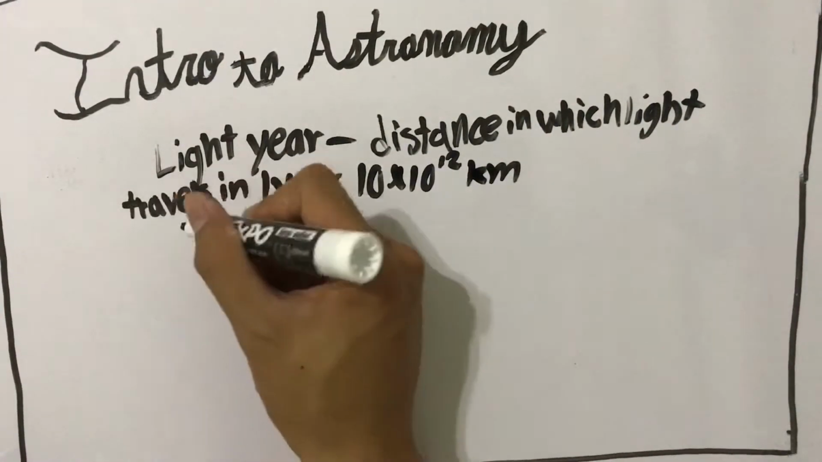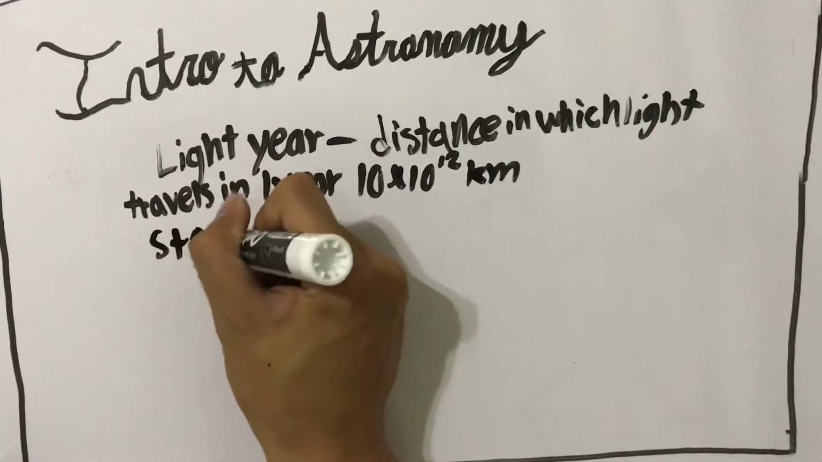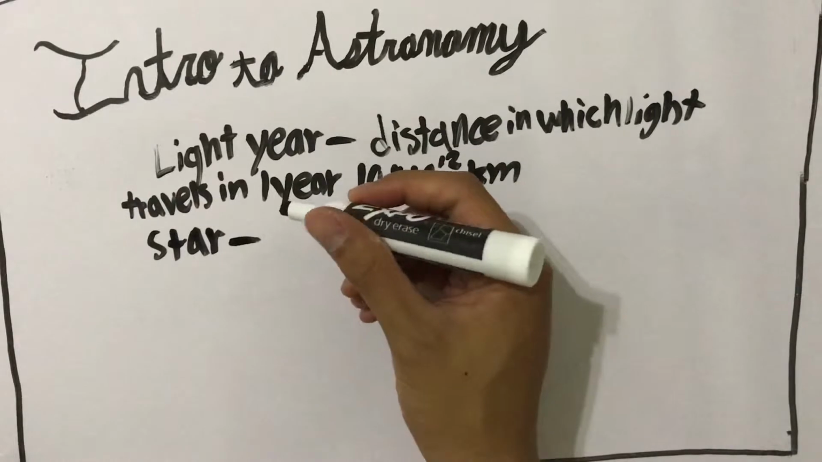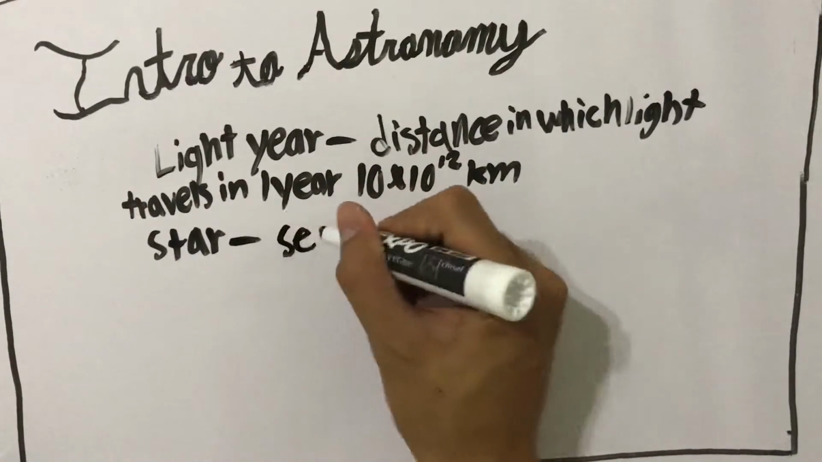That's the first definition. The second one is a star. So we always see stars in the night sky. So what is it? It's actually a self-luminous